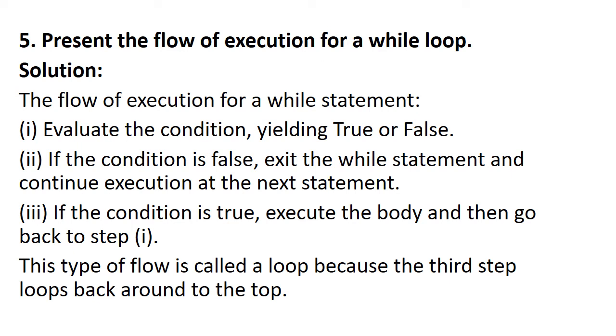Question number 5. Present the flow of execution for a while loop. The answer is, the flow of execution for a while loop is as follows. The first step is to evaluate the condition of the while statement, which yields true or false. The second step, if the condition is false, then exit the while loop and continue execution at the next statement of the program. The third point, if the condition is true, then execute the body of the while loop and